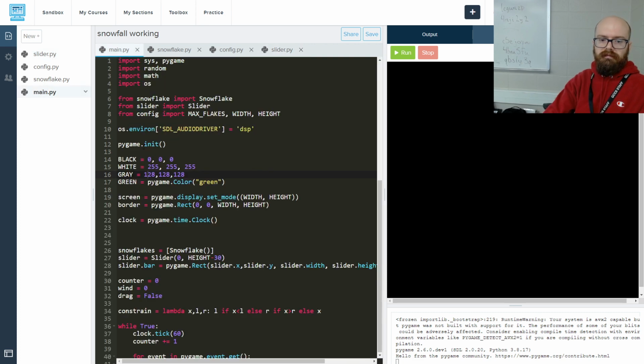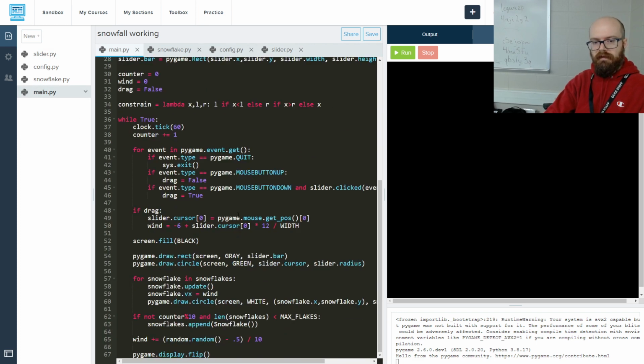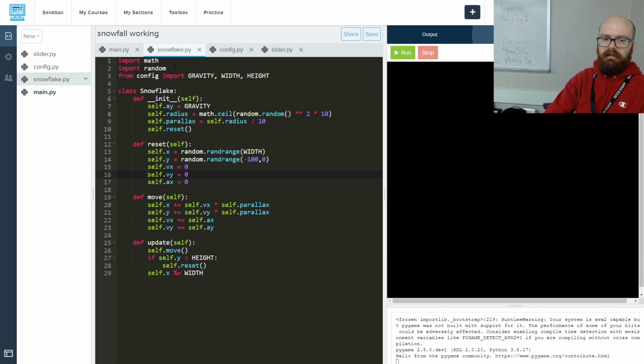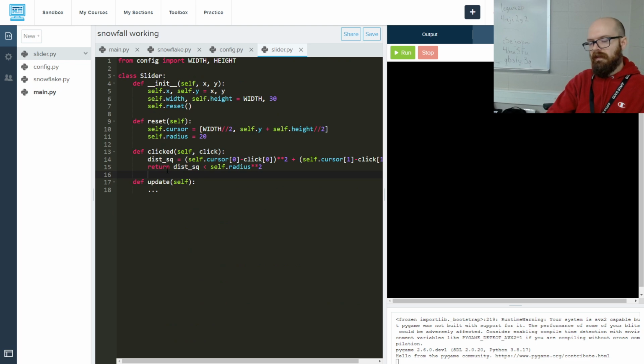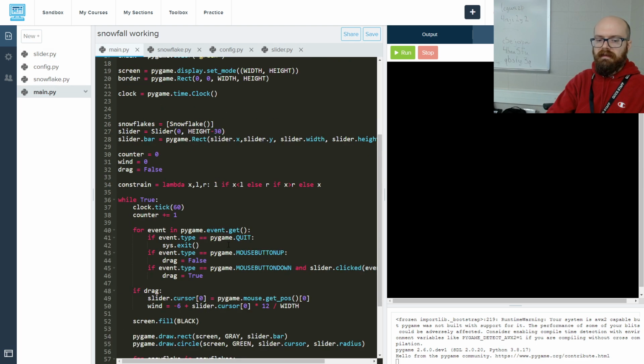And then the main is where we do most of the work, because it has the connection to the outside world. It gets input from the user and it puts output on the screen. Nobody else knows about the outside world. Like, the snowflake doesn't know how it's being drawn or how it's being pushed around. The slider doesn't know that stuff either. The main is like,